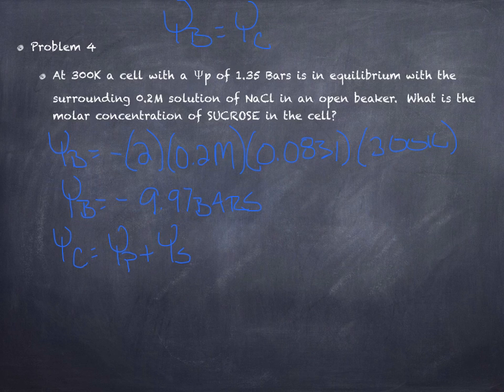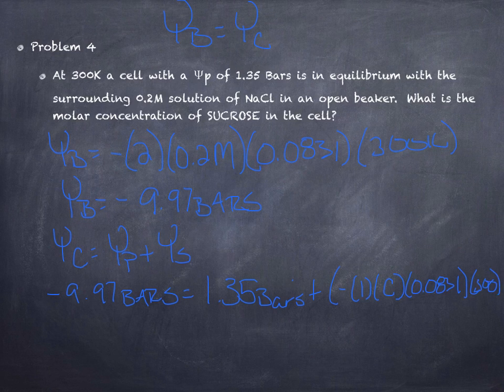Okay, so let's set the water potential for the cell equal to the water potential for the beaker, so negative 9.97 bars. We know that the pressure potential is equal to 1.35 bars. Okay. We know that the solute potential is equal to the negative iCRT, so negative ionization constant of sucrose is 1. We're trying to solve for C, so we'll leave that value there like so. Times our R value, 0.0831, times our temperature, which is 300. Okay. So then when we go to solve, sorry about the lack of units in there,